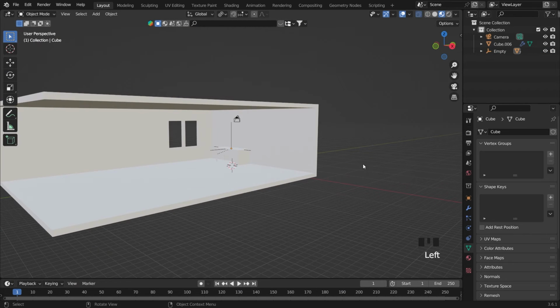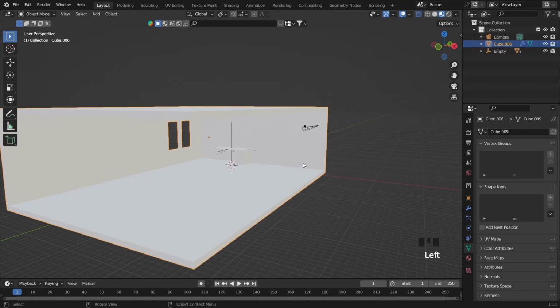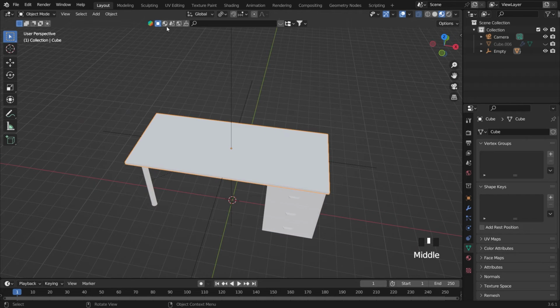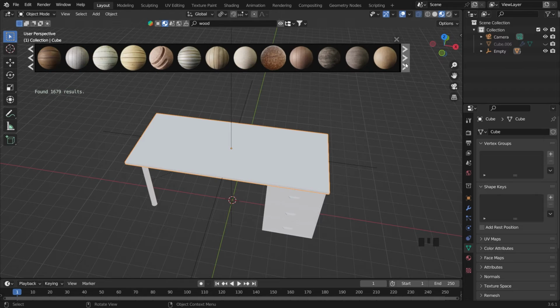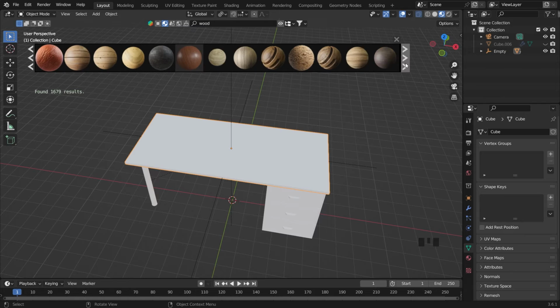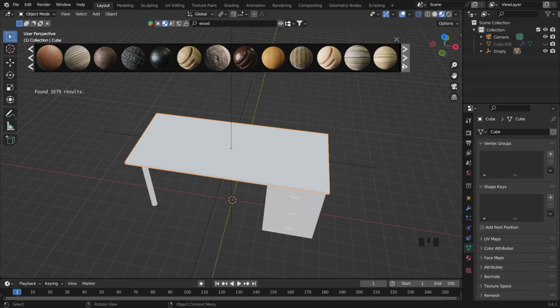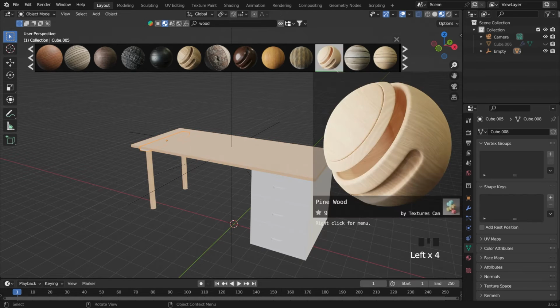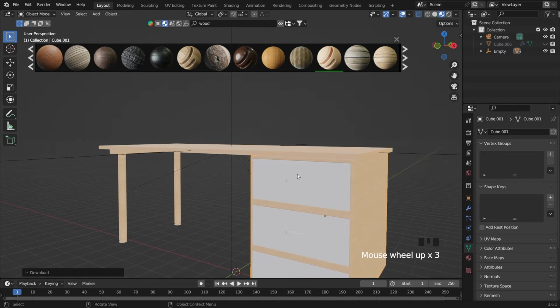Alright, so guys, now if you already have some setup like this, let's hide this one first, and we just need this table first, and let's move into this find materials, and we will use some materials from Blender Kit, and here we will use some wood texture, and as you know I have some favorite one here, and we can try to find here, and it can be just an easy tutorial as I told you guys. So first I'm gonna use this one, and also this object, both of these, and here we can do it here too,